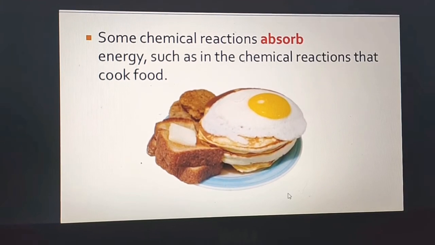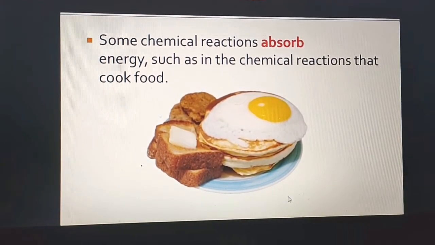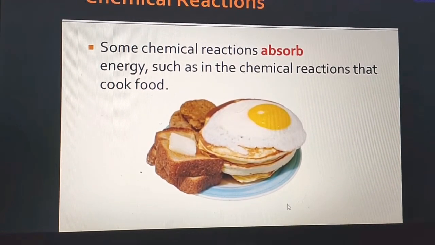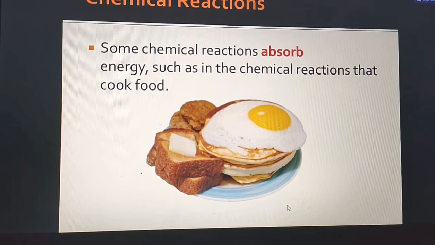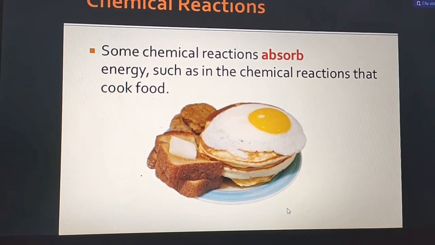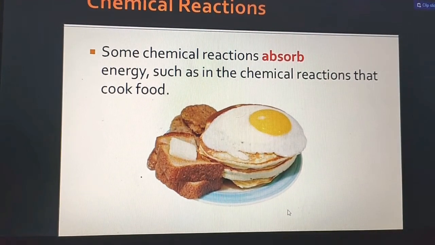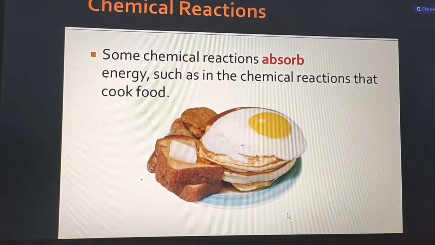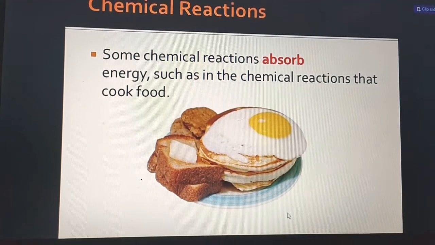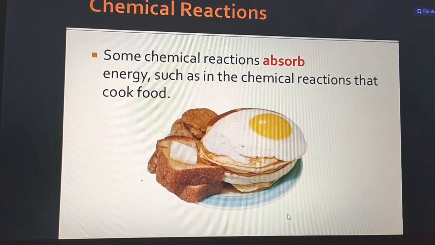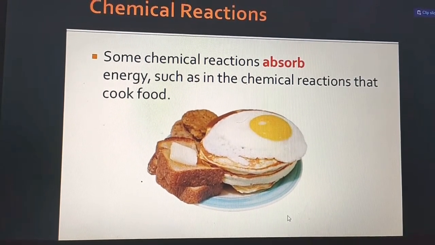This cooking of food is a chemical change. During cooking, many reactions take place. All the tastes and chemical structure change. So it is not possible to get back these raw materials, like the egg and flour with which we make chapati, from the cooked food. Therefore this cooking of food is a chemical reaction. Okay, it is a chemical change.